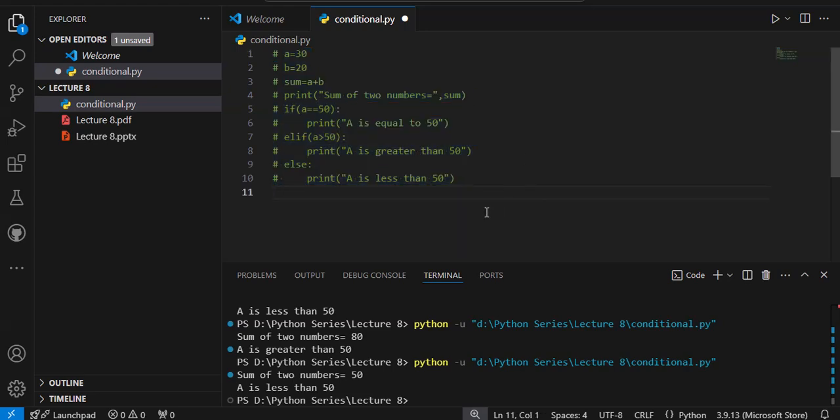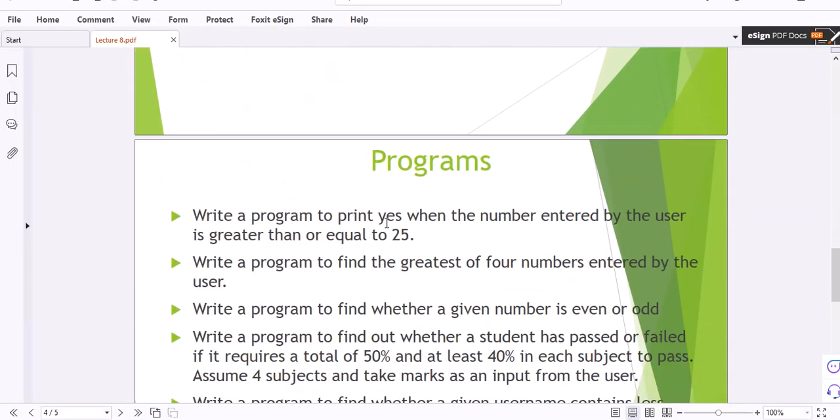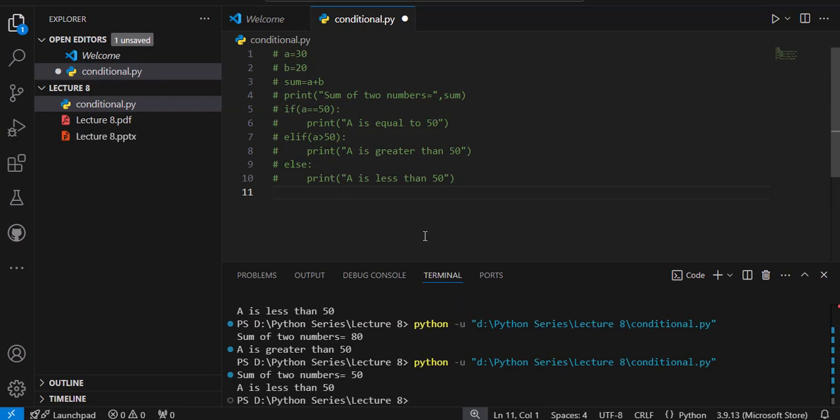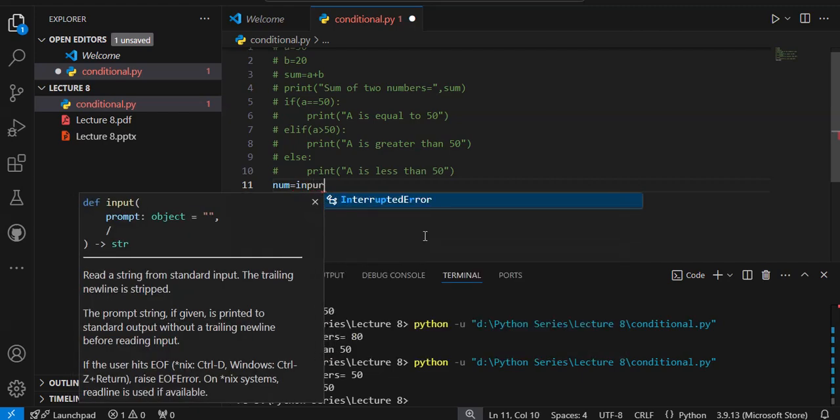Now we will focus more on programs. Let me go to the first program. Write a program to print yes when the number entered by the user is greater than or equal to 25. So I have to write an if condition. I have to take a number from the user first, and then write an if condition that if the number entered by the user is greater than or equal to 25, then I will print yes, otherwise I will print no. So what I will do here, I will write num, I will write input